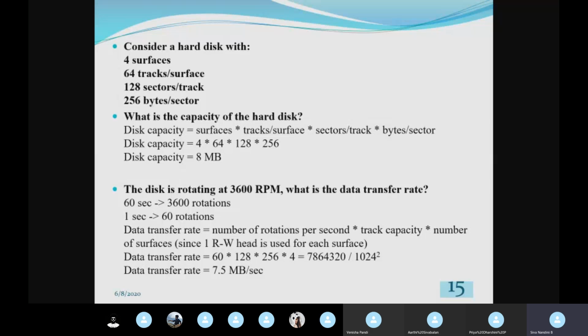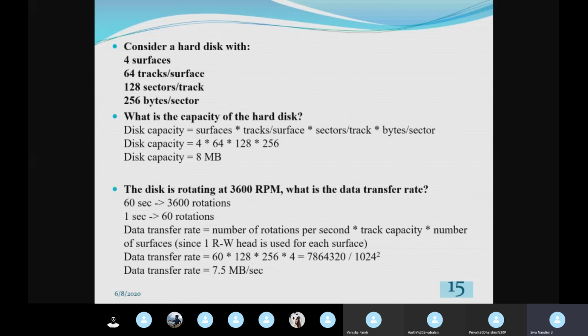If I want how many rotations in 1 second, I can divide the left and right quantities by 60. Dividing 60 by 60 gives 1 second, and dividing 3600 rotations by 60 gives 60 rotations. So in 1 second there will be 60 rotations.